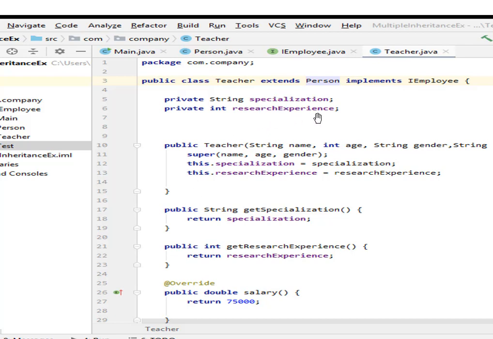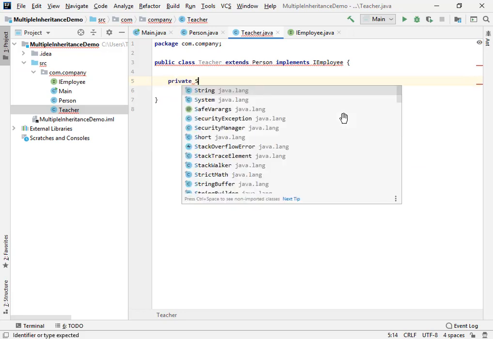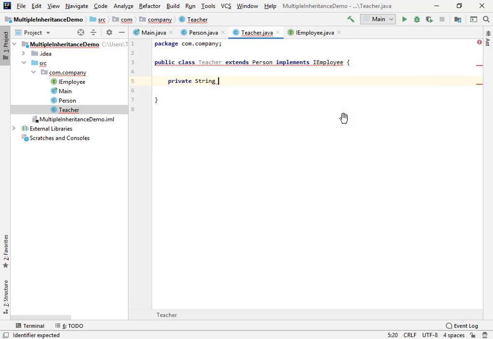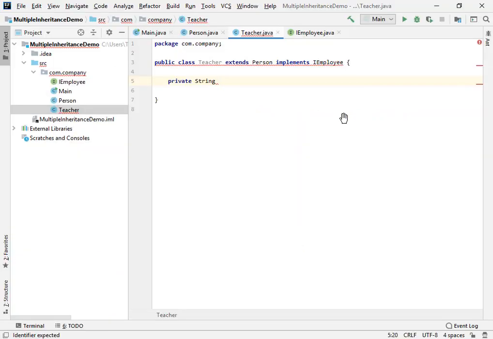If the teacher has done some previous research, or if he or she has some experience in research, then we can include that experience in this field. So now I'm going to define this field as private string, and the first would be for specialization, right? Okay, so it will be for specialization, or you can also name this discipline or major.